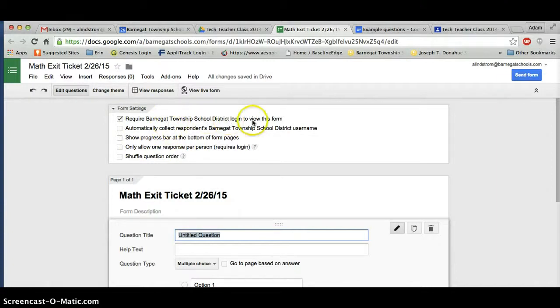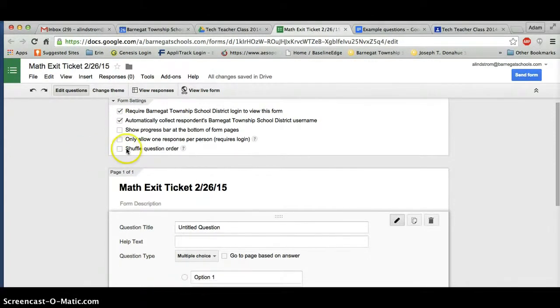Requiring the district login, usually you want to keep that on and checked. Automatically collect the district username. This allows you to see which students respond and what their responses are. Progress bar is the progress bar,